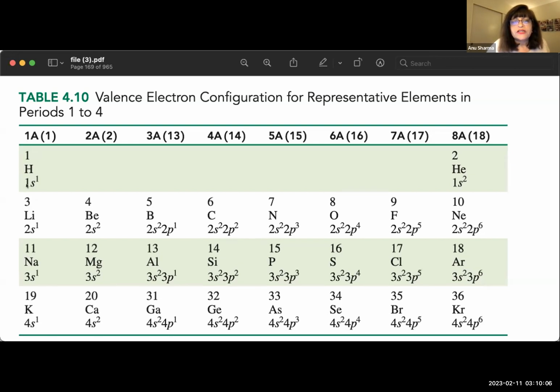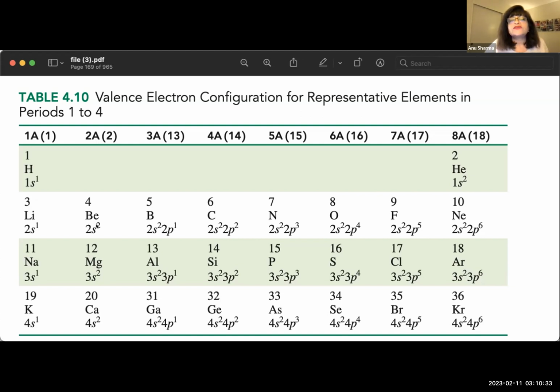So it's first energy level, second energy level, third energy level, and fourth energy level. But all of them end in the s orbital, and there's only one electron in them. So the valence electron is 1. That is why these elements get placed in group number 1, and that is 1A. Group 2A